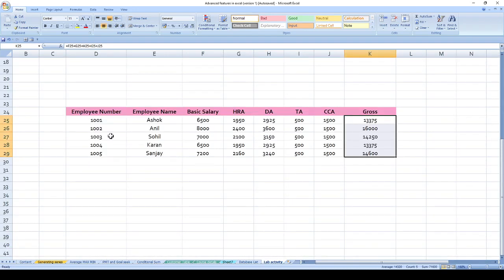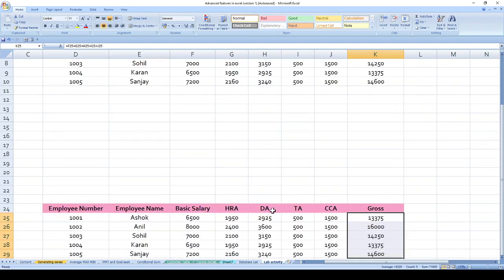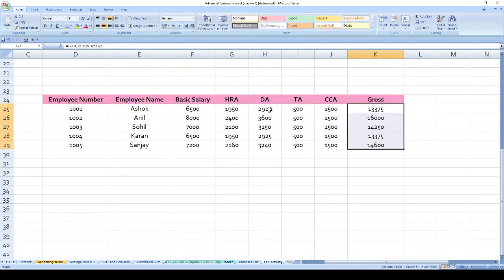That is, employee number is there, employee name is there, basic salary is there, HRA of each employee based on the basic, dearness allowance, DA, TA, CCA and gross.